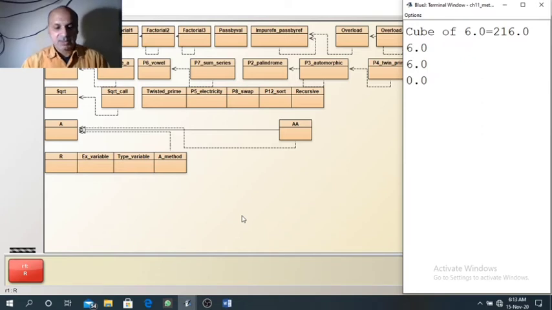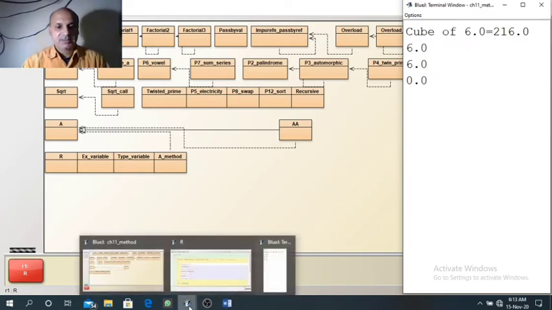So when we execute the main method, see the explanation of this main method.